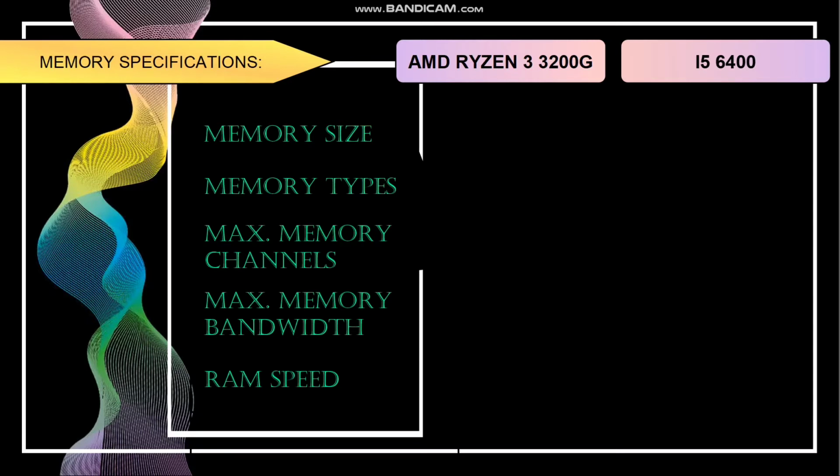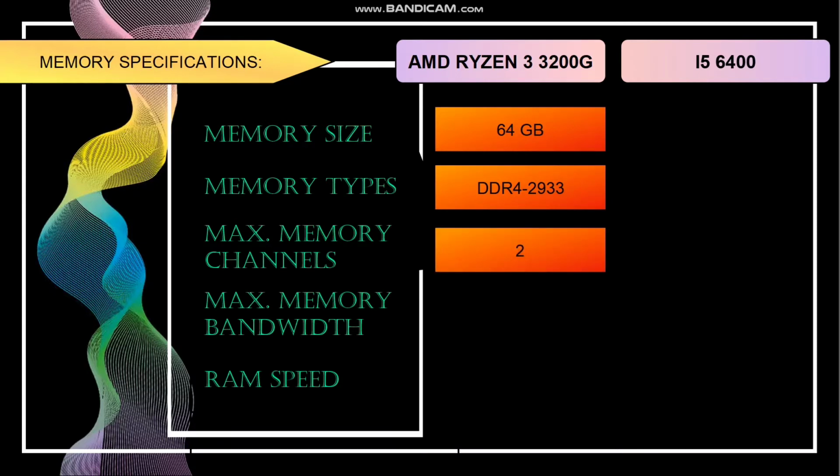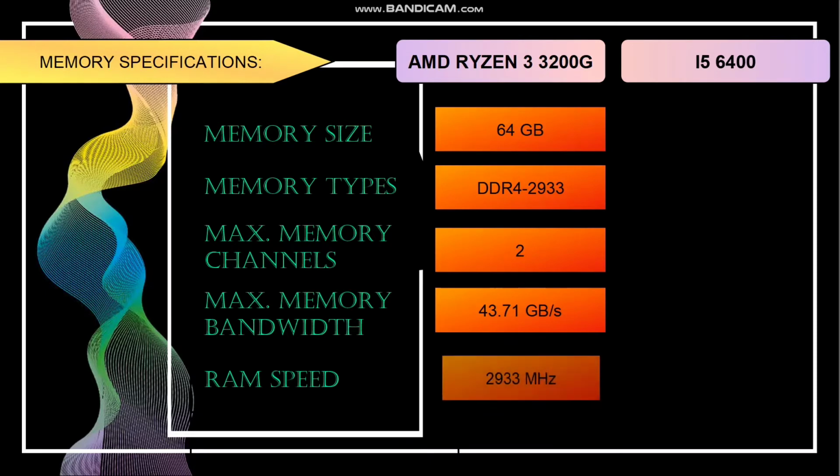AMD Ryzen 3 3200G has the following specification. Memory size of 64 GB with a memory type of DDR4 2933, with a maximum memory channel of 2, a maximum memory bandwidth of 43.71 GB per second, and a random access memory speed of 2933 MHz. While the Intel Core i5